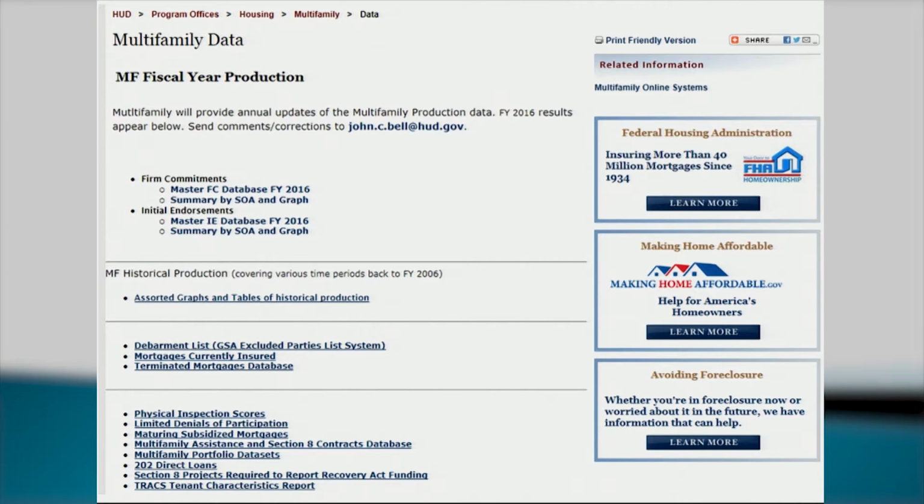On this page, we just wanted to give you an example of some of the reports that are most commonly used in the multifamily environment. This is on our multifamily page, on the multifamily data page. We came up with some of these reports based on FOIAs that we received or requests from different field offices. So this is a good page to know. If you're looking for a set of data that is most commonly requested, you can go to this page and find that.